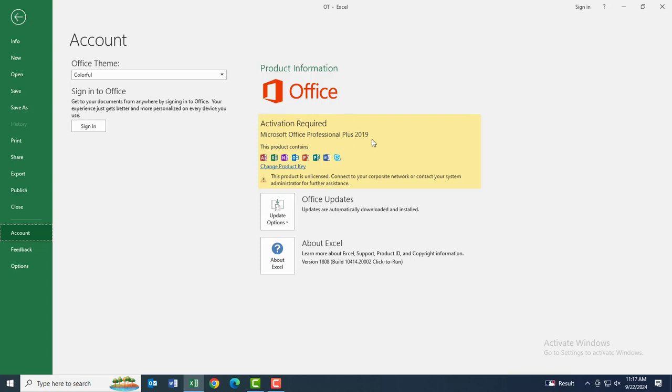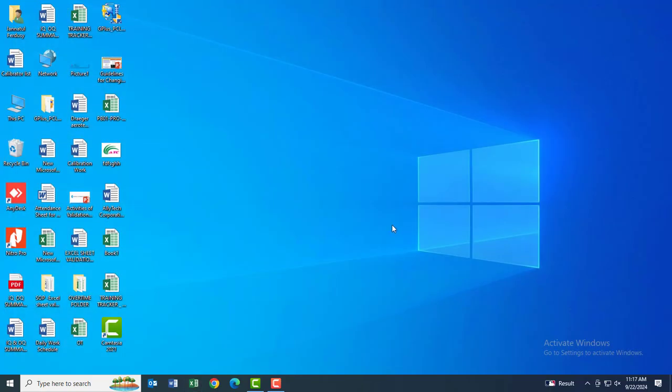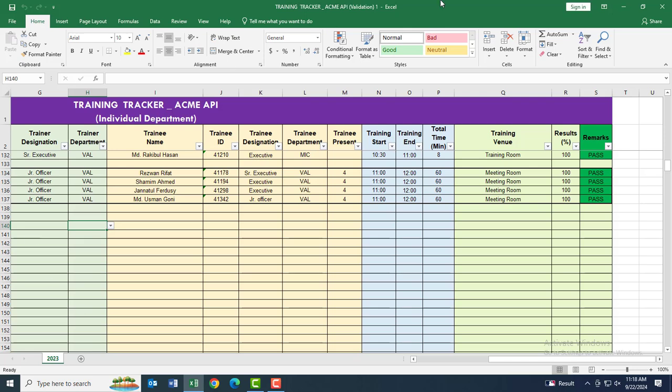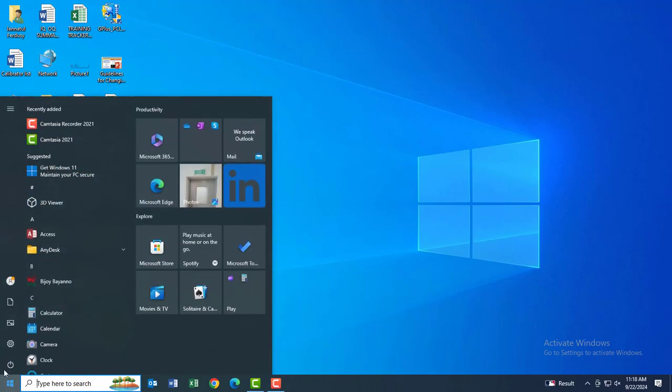All Office files you can do your work without any warning, but here it shows Office activation required. To solve this,